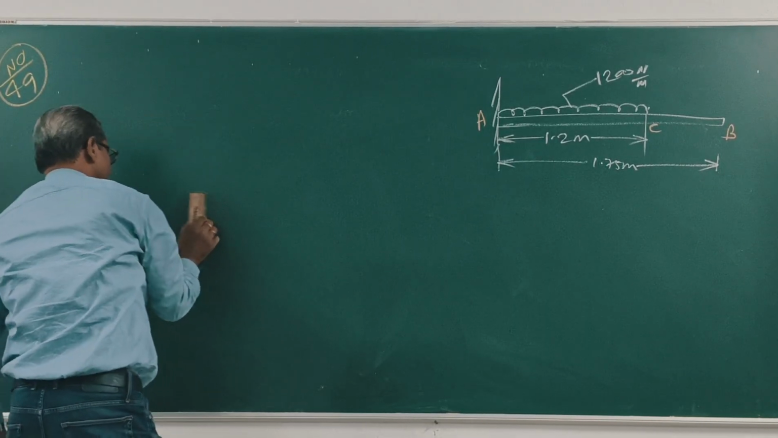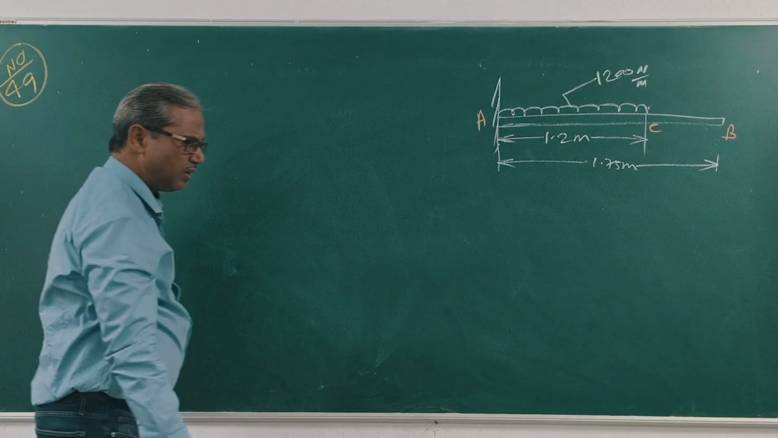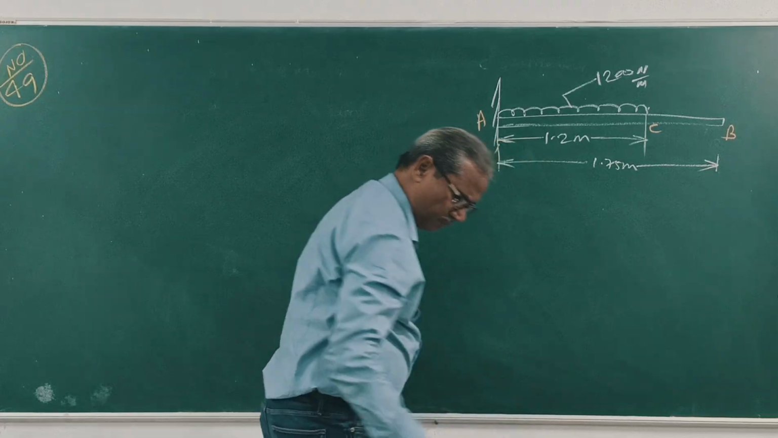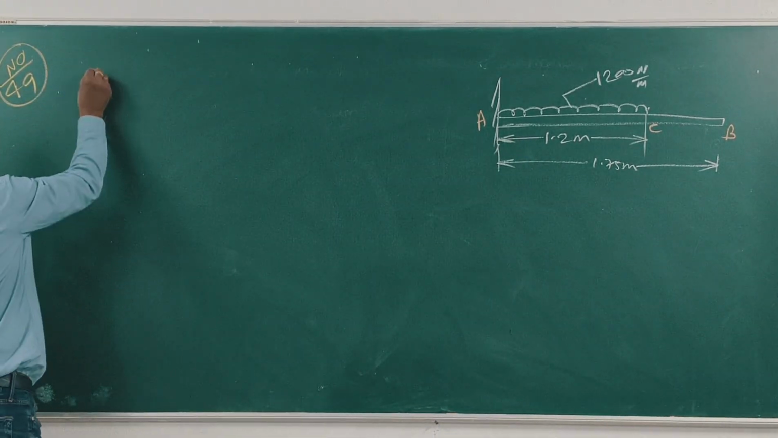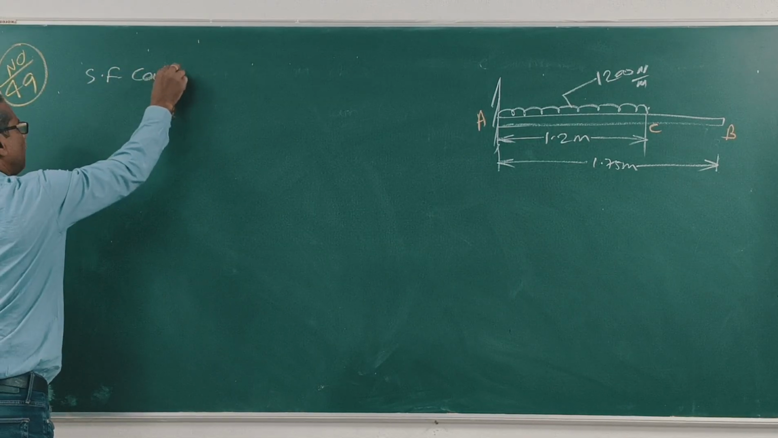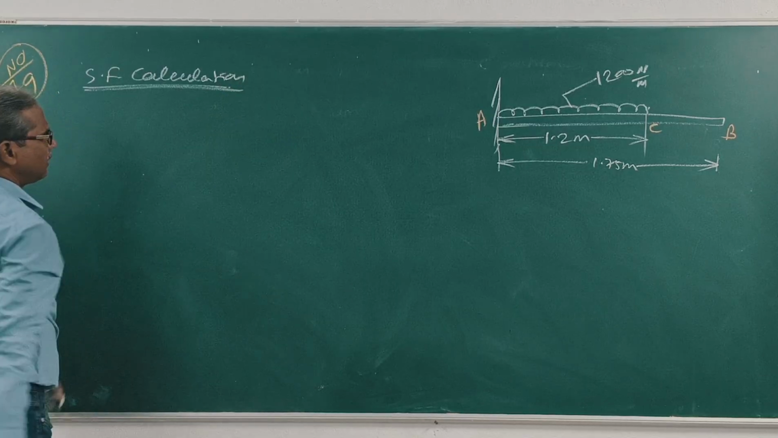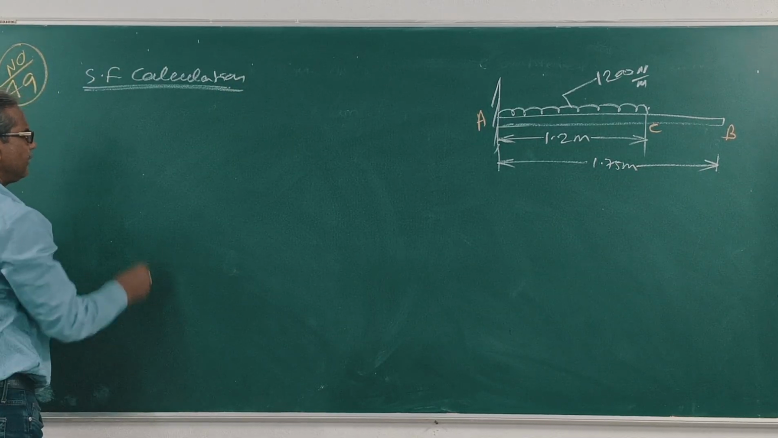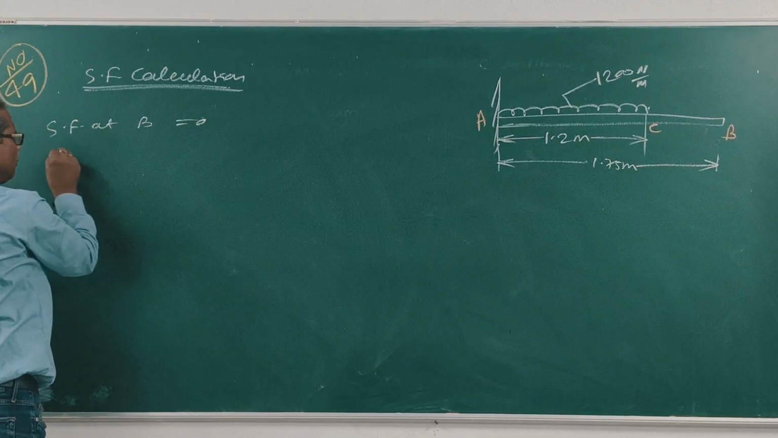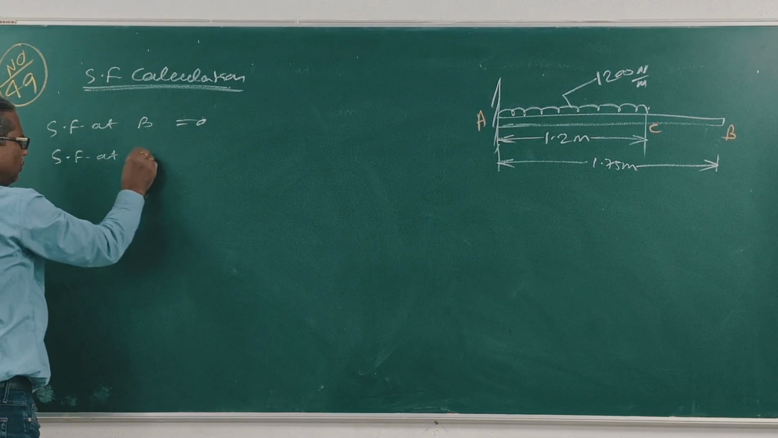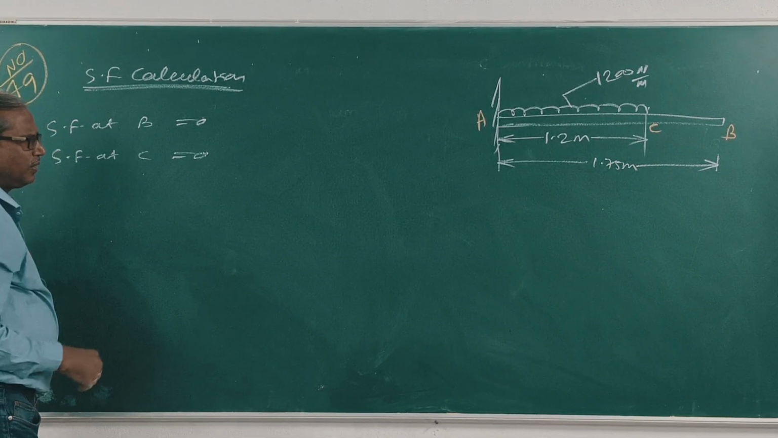First we will make the shear force calculation. Shear force at B is equal to 0. Shear force at C is equal to 0, because at B there is no force, and at C also no force. Shear force at A,